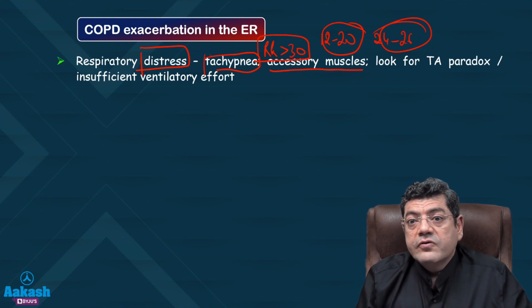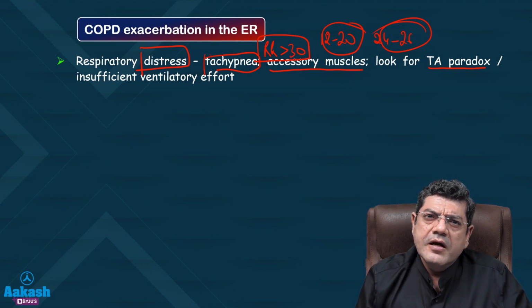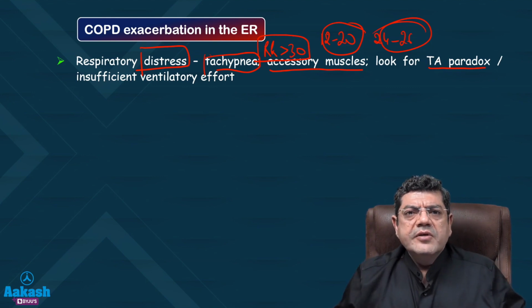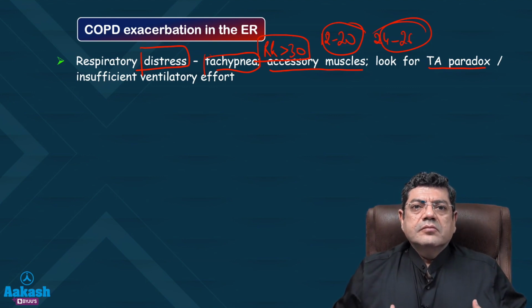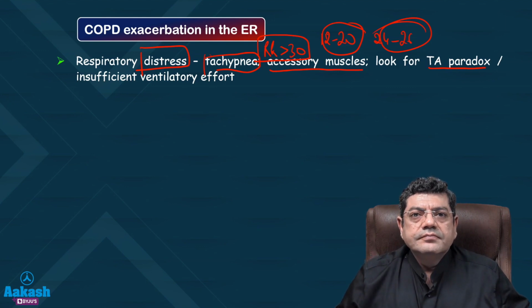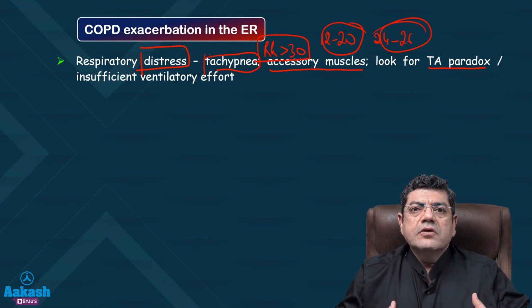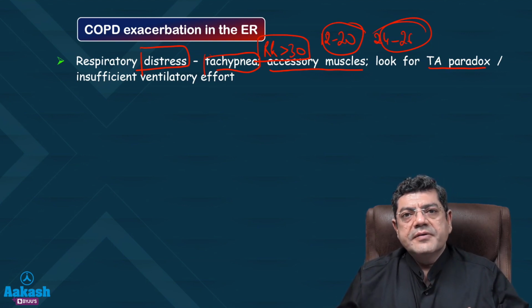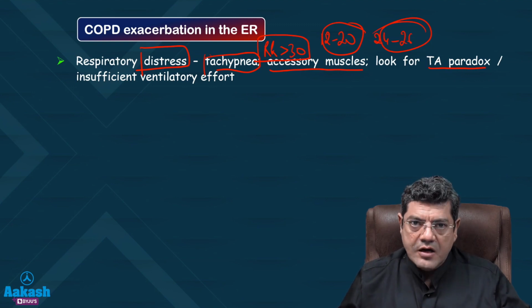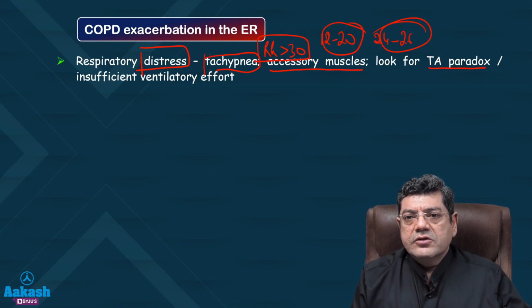You should also look for thoraco-abdominal paradox. What is a thoraco-abdominal paradox? Normally, when I breathe in and when I breathe out, the abdominal wall and the chest wall move together. Both move out with inspiration and move back in with expiration. This is a paradox. If with inspiration the abdominal wall moves in and with expiration moves out, that is called